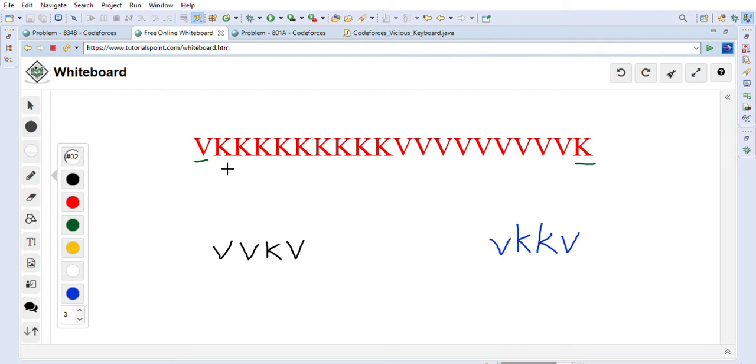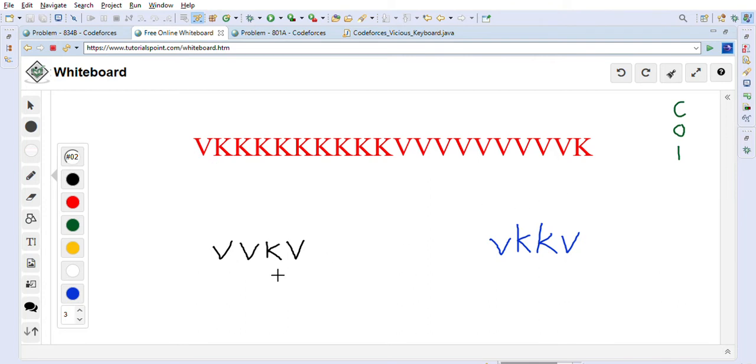When we are at a character, let's say the first character, we will always check if the next character is K. If the next character is K, then we already found one VK, right? So we will maintain one count, and we will increment our count from 0 to 1, by 1 basically, whenever we find one V and the next character is K. That is a VK. This is a straightforward thing to understand.